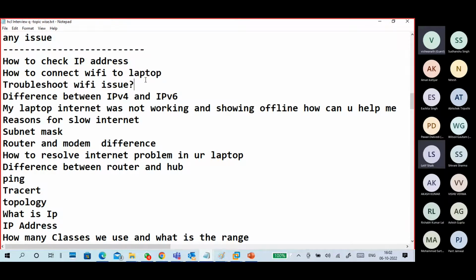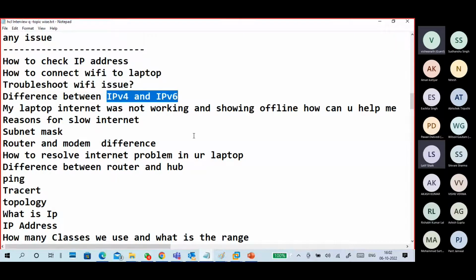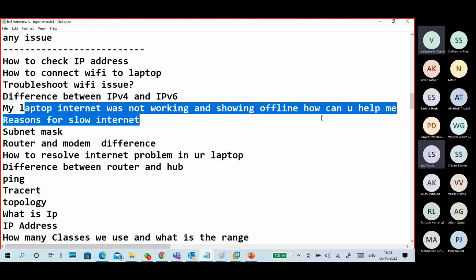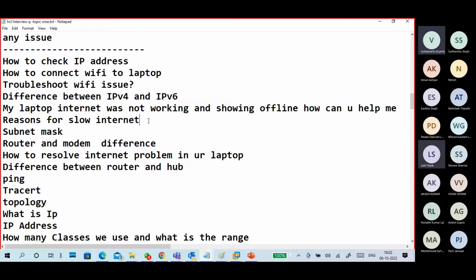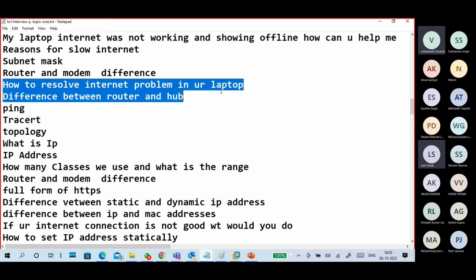Troubleshooting Wi-Fi issues. How to connect Wi-Fi to your laptop. Okay, so this is IP address, IPv6 address differences. Laptop internet not working, showing offline. How can you help me? Kind of stuff. Slow internet connection, network mask, router and modem differences, how to solve the internet problem in your